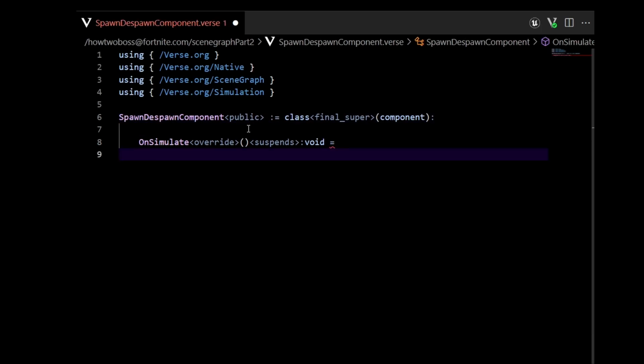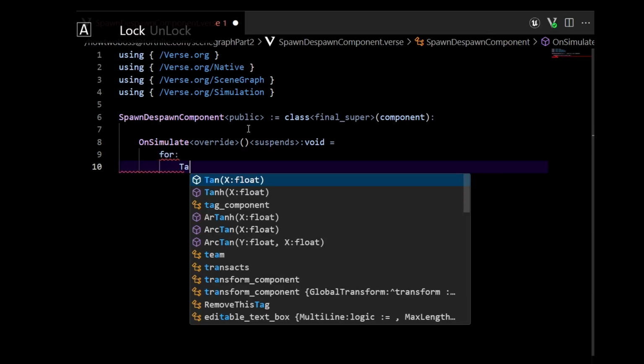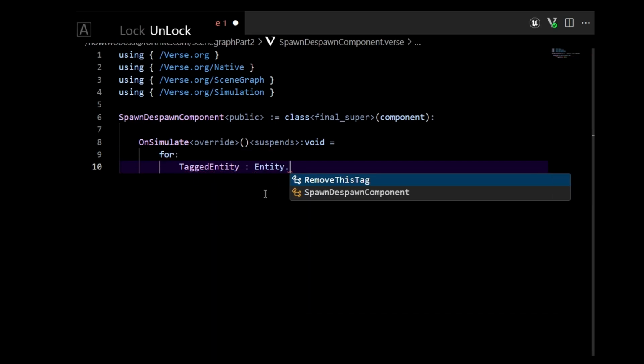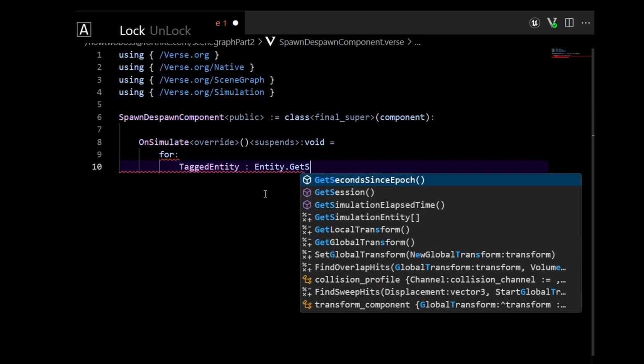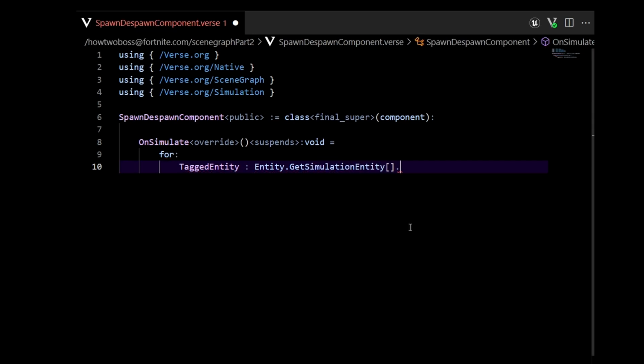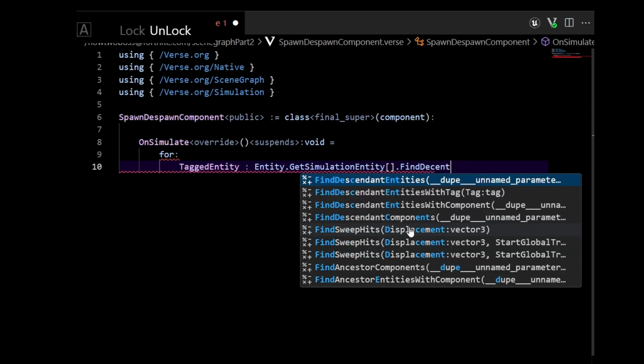So basically, for this component, for every tagged entity that's going to be a client entity with tag, we're going to despawn. It's pretty straightforward. All we've got to do is go for tagged entity. We're then just going to get the entity, get the simulation entity, and then with this we're going to find descendant entities